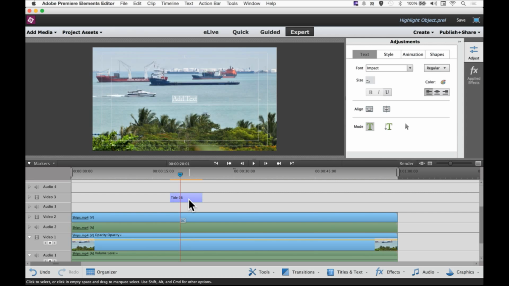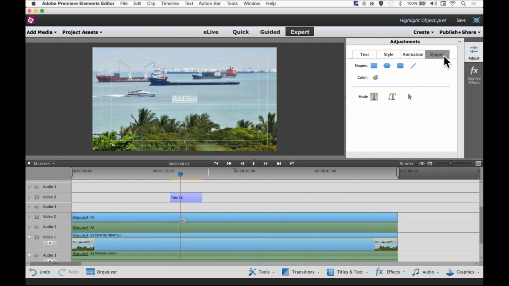And what I want to do next is to introduce that highlight. Highlight is usually a shape, right? What you saw just now, my example. In my example, it's an oval shape. So if you go to the adjustment panels under the shape, go to the shapes tab, click on it, and you will see you have 3 shapes to select: rectangle, oval, or rounded edge rectangle. So you can select any one of them, but for this, in this example, I'm going to choose they call it ellipse tool. Okay, click on it, then go to your image, your monitor,